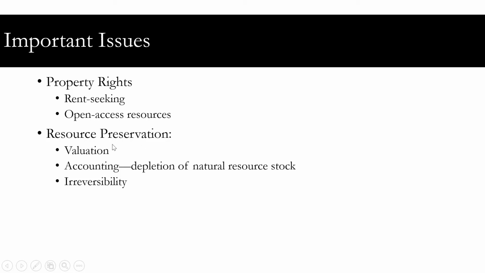One other issue is resource preservation. One of the interesting things is that we like to keep track of how fast an economy is growing and how well it is doing and all that sort of thing. And so we have these measures like GDP, gross domestic product. But one interesting thing about this is that if you chop down a bunch of trees in a national forest and then sell those trees on the market, the value of those trees goes into GDP. But what's not reflected in GDP is the fact that you don't have the trees anymore. And so the accounting is a little bit weird.